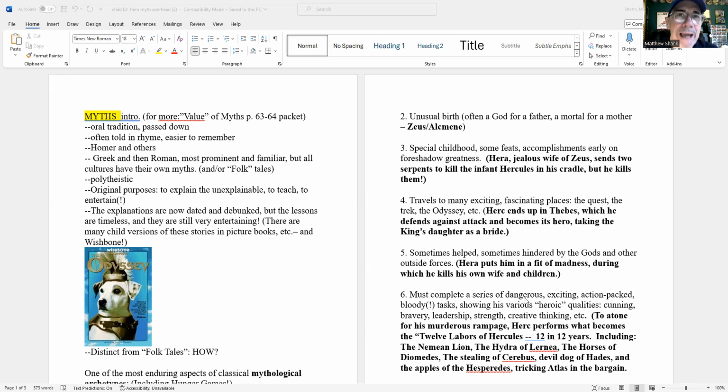We can learn timeless themes from these stories, even in 2024. So that aspect of a lot of these stories is still relevant, even though a lot of it is dated and can be debunked. All right. And then finally,